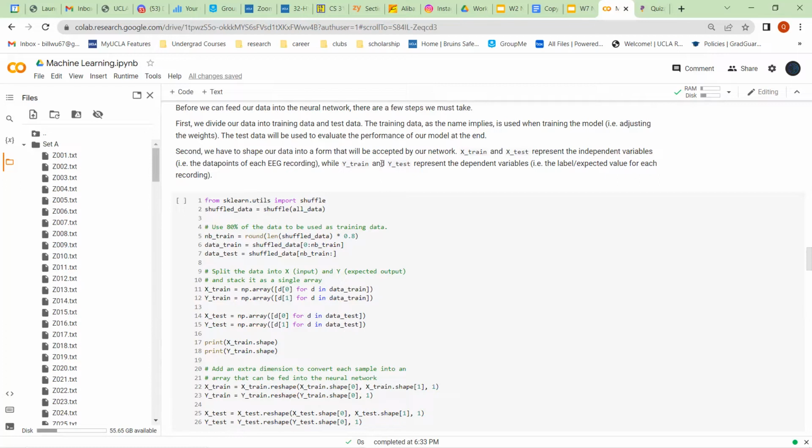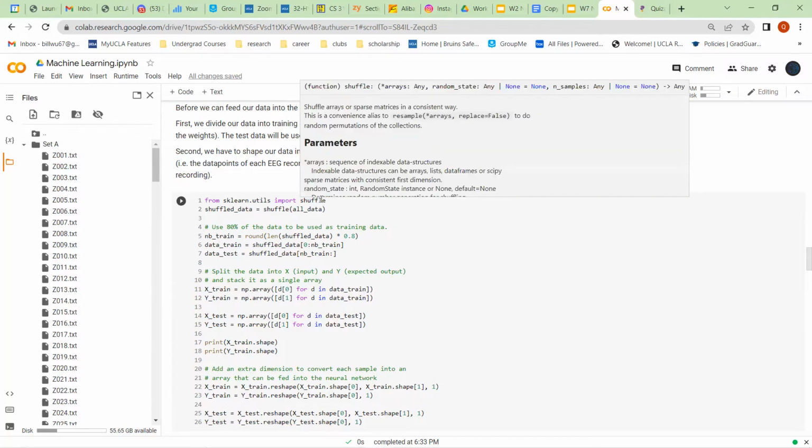Then you test your model using your test data to see how accurately it predicts data it has never seen before. I'm going to take this step by step, but that's just a high level overview of what we're working on.